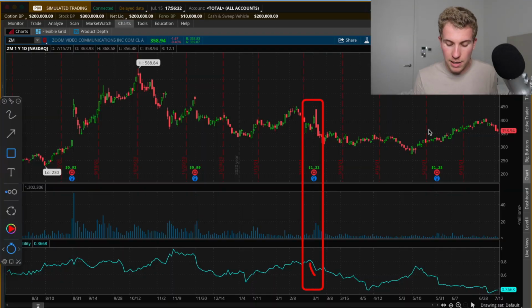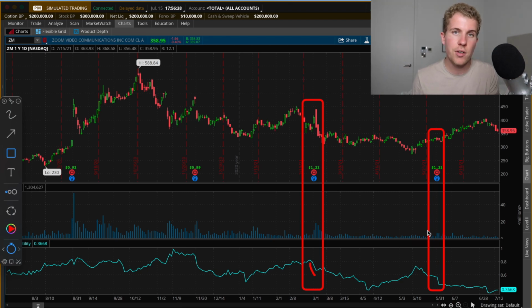And you could tell me, all right, maybe it's just one time, it's not happening all the time. Well, if we look at the other times, basically every time there is an earning announcement, you're going to see the implied volatility dropping after the earning announcement. And that's very common. The reason why the implied volatility is moving so much, and why option prices are so volatile during earnings, is that basically people are speculating on that.